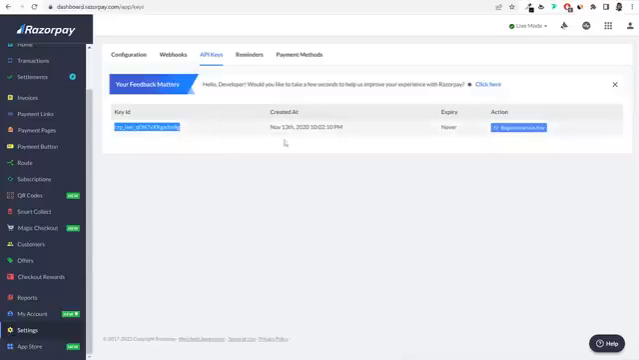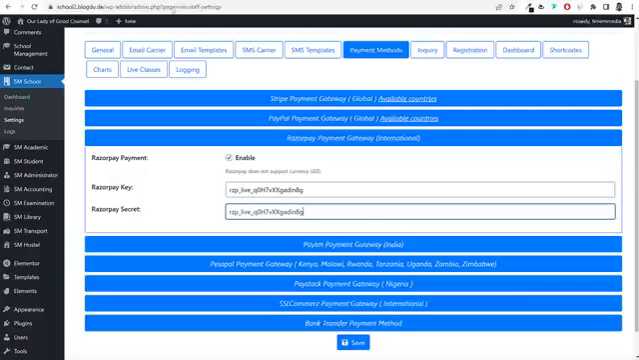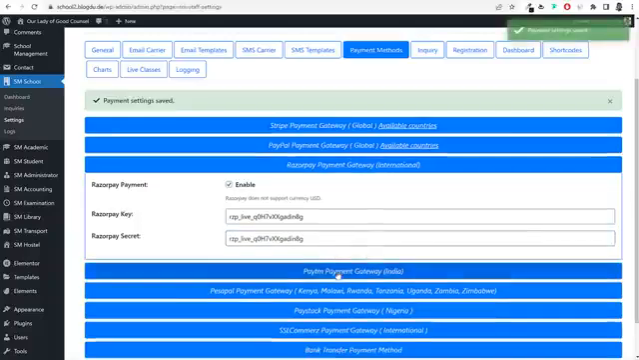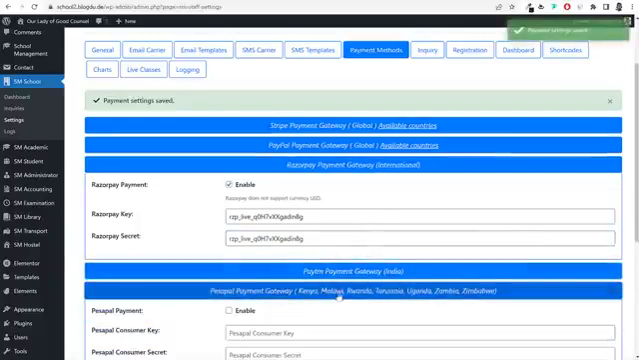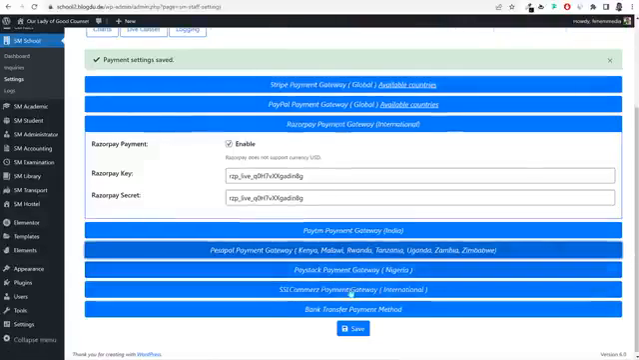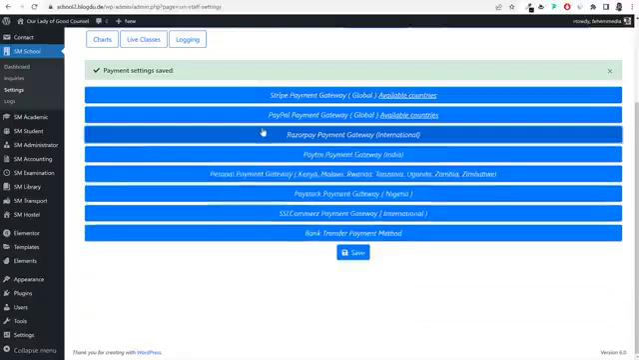Once you generate it for the first time, you have to download that file, and in that file you'll have your key ID and secret both. So click on save. For all the other options as well, Paytm, PayPal, Paystack, whatever option you're getting, same thing. You have to go to the dashboard and enter these keys that you get so that you can link